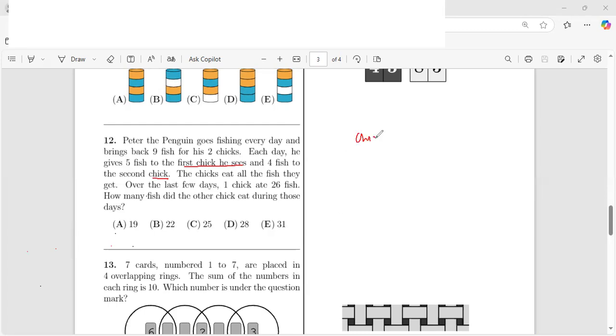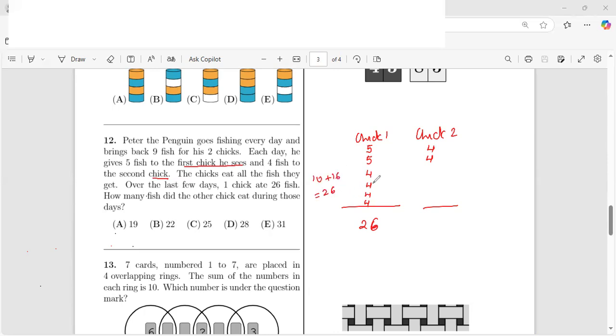So let's just say you have chick 1 and chick 2. This one ate 26. How much did the other eat? So I need a combination of 5 and 4 which gives me a 6. The combination would be say 5 and 4. If I do 5 and 4, I have a 10. Then I could do 4, 4, 4, 4, because I need 10 plus 16, which has to give me